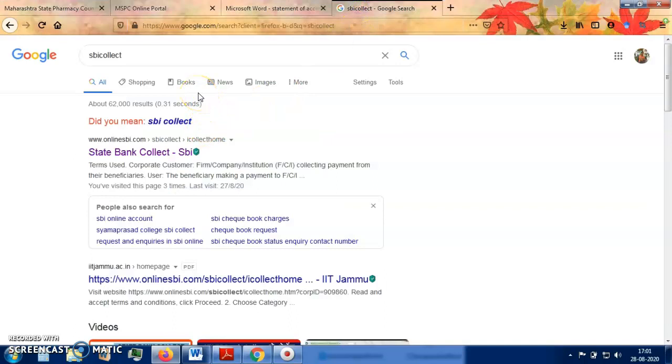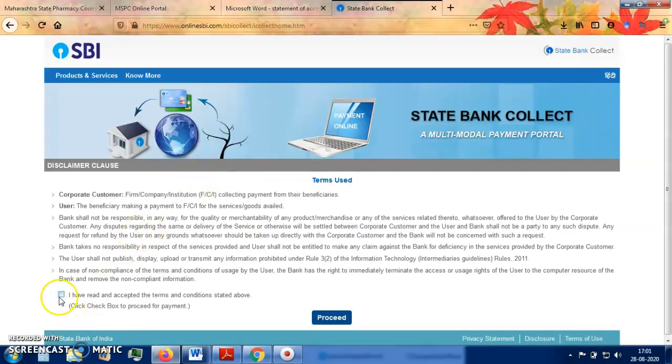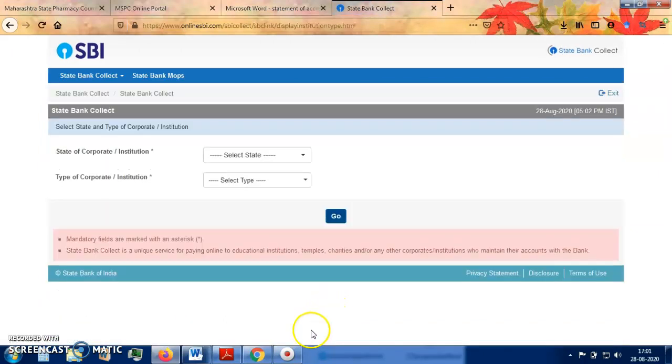When you go to this SBI Collect, you have to click on this site first, SBI Collect. Click here and proceed.